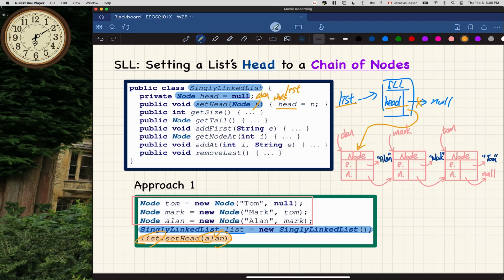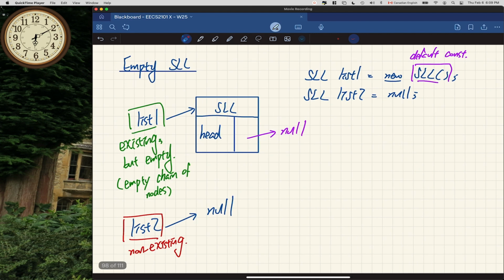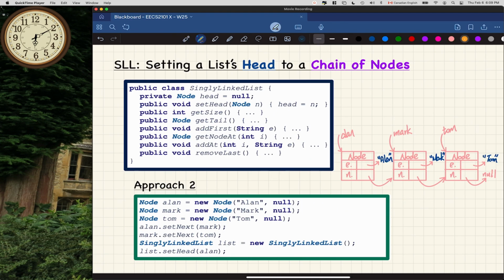You don't necessarily have to build a whole chain first before you set a head. You don't have to. I'm just showing you one example. It is okay to maybe start with an empty simply linked list and then call the various mutators, for example, like you want to add, maybe remove and also add first, etc. That's also possible, which we'll see maybe on Tuesday. Okay, one more possibility. Still the same, really. We're just building the chain of nodes differently, right? That's